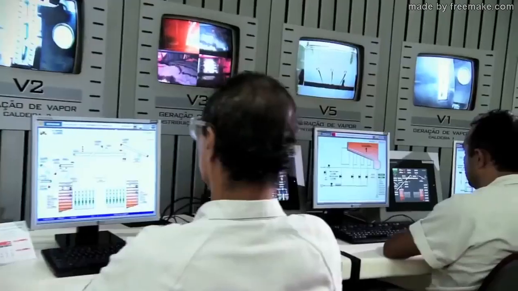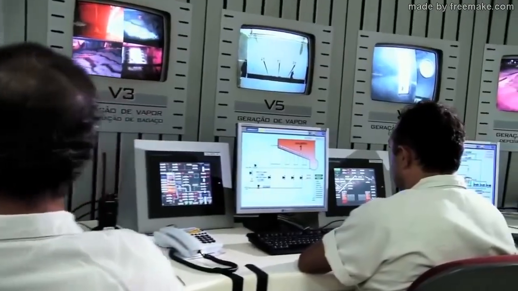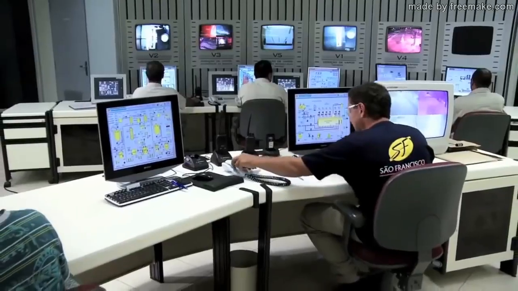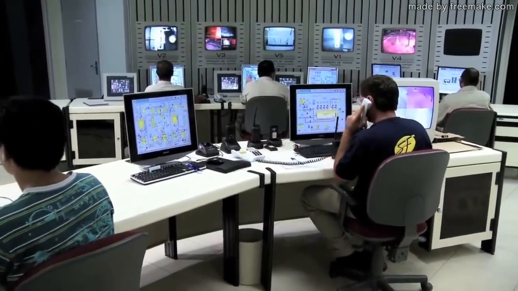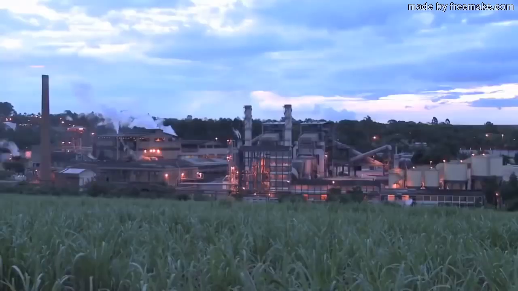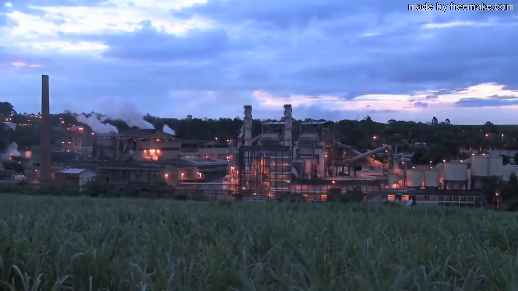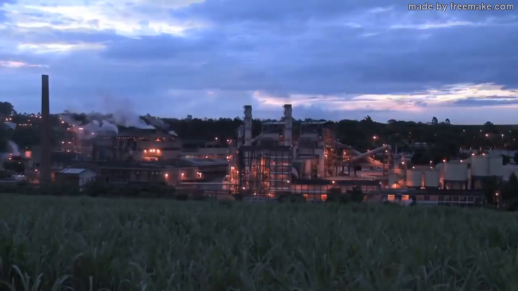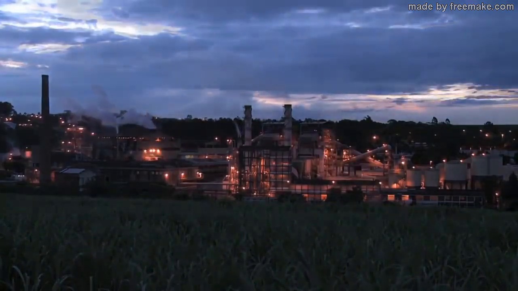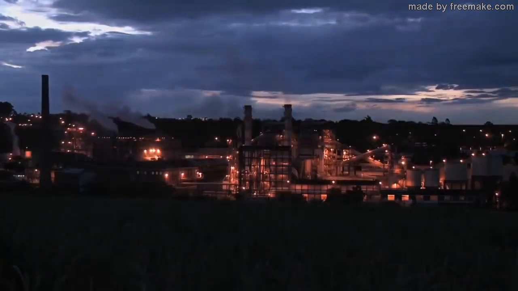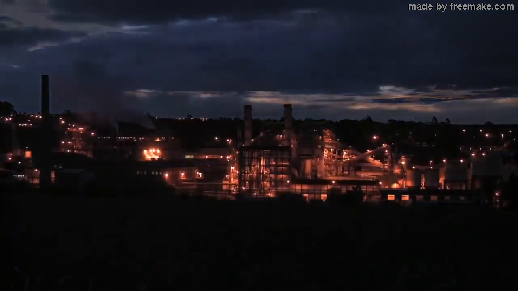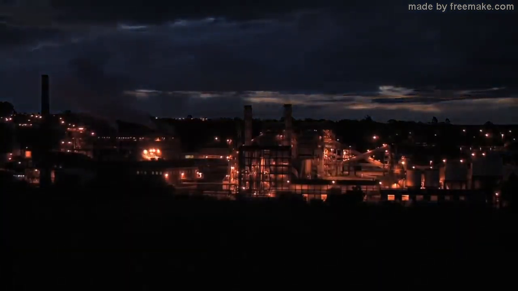Control centers equipped with the latest technology monitor the electricity produced, utilized, or exported by the mill to national distribution grids. All Brazilian mills are self-sufficient in energy, producing more than enough electricity to cover their own needs. A growing number of mills is generating a surplus, which is sold to power companies and helps to light up